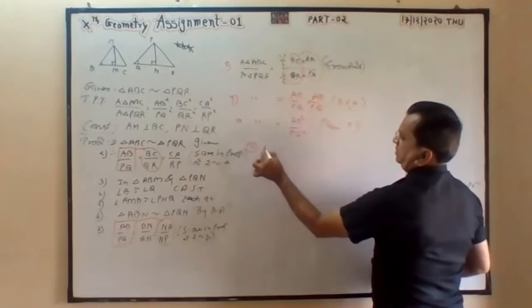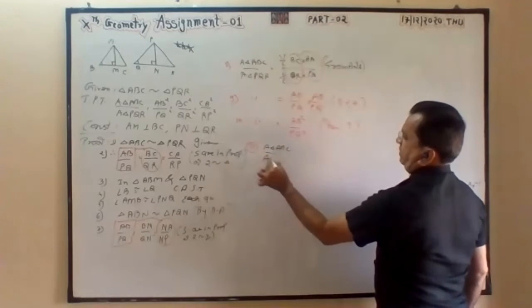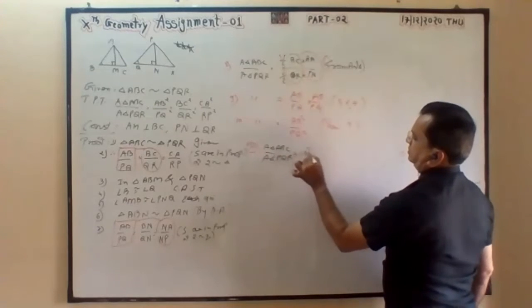Similarly, we can say area of triangle ABC divided by area of triangle PQR is equal to